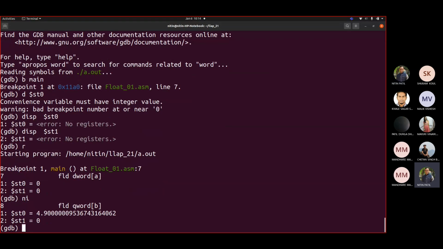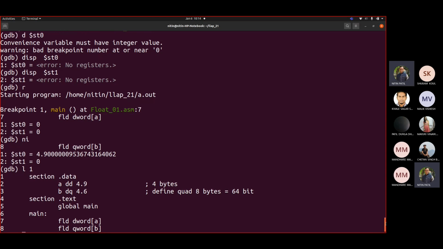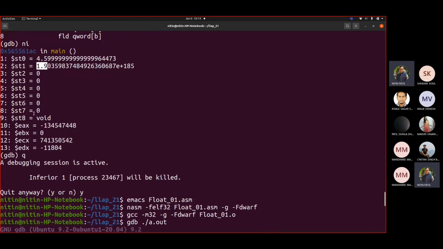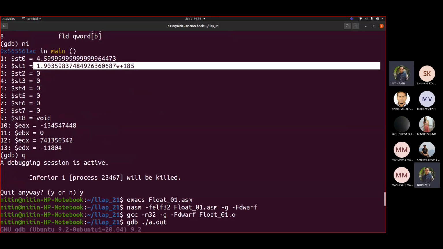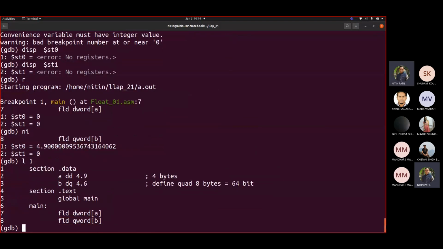Now see what happens. So earlier, if you recall, it took what? Actually, what is the value of a? It is 4.9. Correct? Now see how exactly the value is stored there, st0, 4.9. Earlier it was not the same. Correct? Are you with me? So earlier it was shown with an exponent value, like you can see this. It was shown like this because we wrote the keyword. Actually, it was not 1.9. What was the value? The value in our code was 4.9.